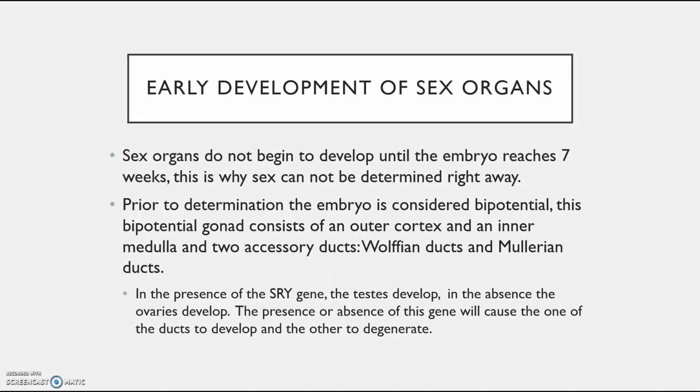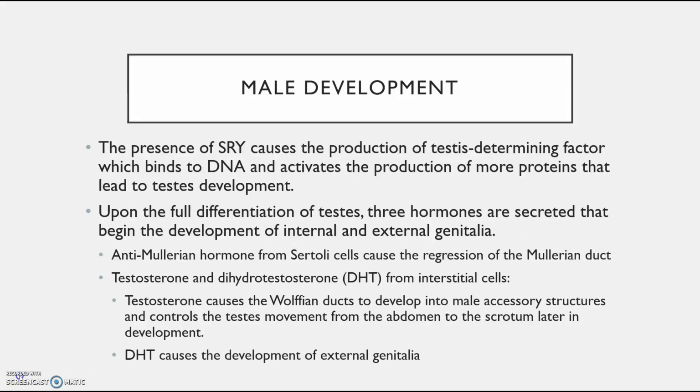The presence or absence of this gene will cause the Wolffian ducts, if present, to develop, and the Mullerian ducts to not develop, or in the absence, the Mullerian ducts to develop and the Wolffian ducts to not develop. So the presence of SRY would cause male development. So the presence of this gene will